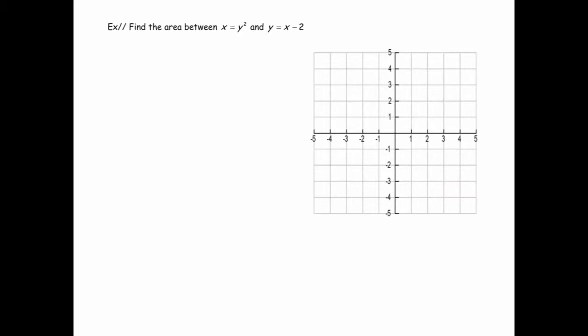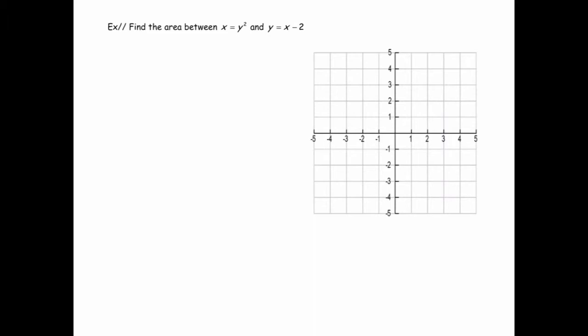In this video, we're going to look at a situation in which the upper or lower curve actually changes in an interval, and that's going to cause a little wrinkle in the way we approach these types of problems. But then I'll offer another way you can view it, and so we'll do this problem in at least two ways. So the first thing to do is we got to graph x equals y squared and y equals x